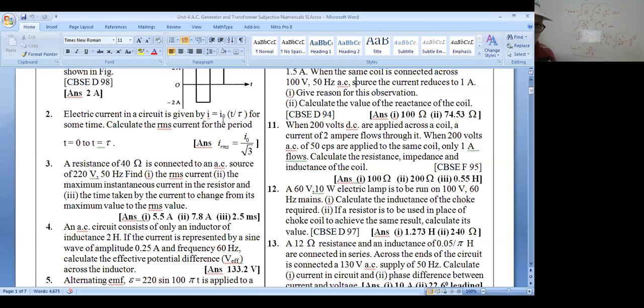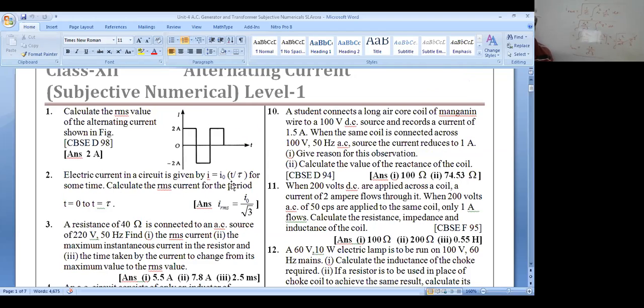Any sort of graph is given, any sort of equation is given, the average and RMS value can be found easily like this as per the definition. First of all, square it, sum it, divide by time, which means this is the mean value, and then take the root afterwards. This way you can get the RMS value. Just sum it and divide by the time, then this will be the average value.